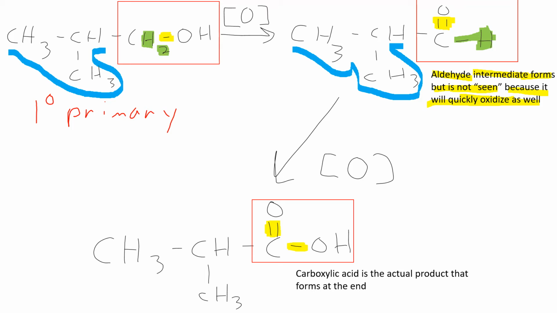Where does that other oxygen come from? Where did that new oxygen come from? Well, it came from this specific oxidizing agent that we're not able to get into the details on because that's kind of beyond our scope. So that new oxygen came from that oxidizing agent, that thing we added that we're not looking at the details of. But you can see highlighted in yellow, I went from 2 carbon-oxygen bonds to 3 carbon-oxygen bonds. I increased the number of carbon-oxygen bonds.